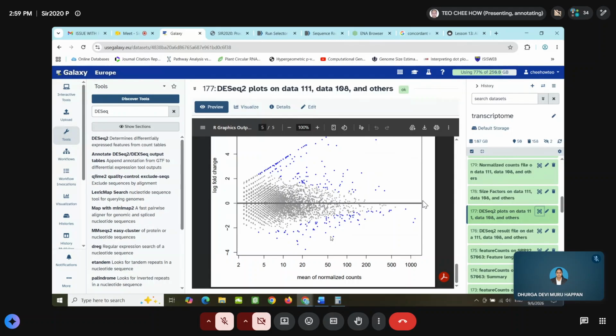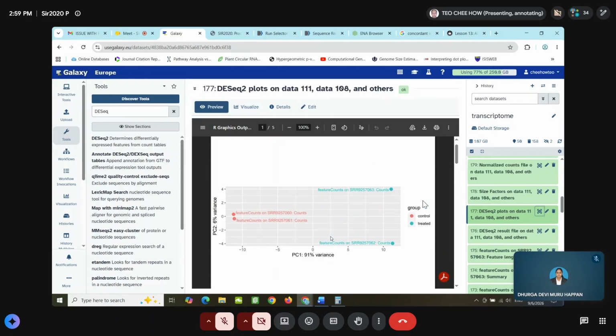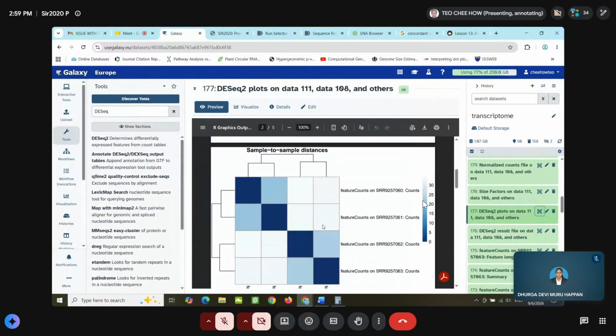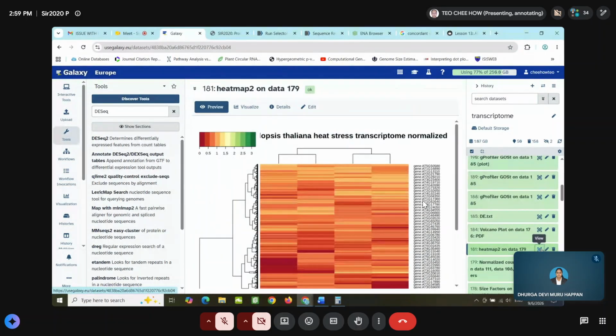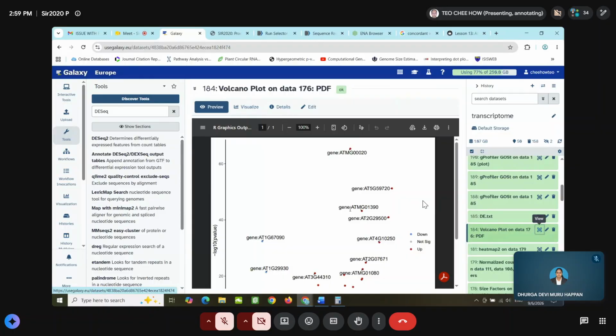So for your report, right, I would need you guys to input, this one will be figure number 1, figure number 2, right? And then figure number 3 is this one, heat map, and figure number 4 is this, right? So I need this in your report. This is for the identification of the differentially expressed genes, right?